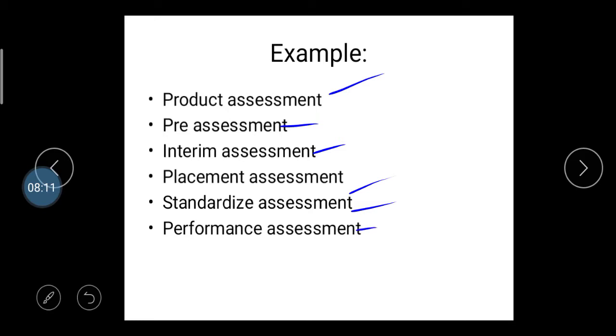performance assessment. In the organization, various types of performance assessments are considered by the employer to assess the employees' performance. Employees' performance is considered on the basis of their production quality and effectiveness. Okay, then after